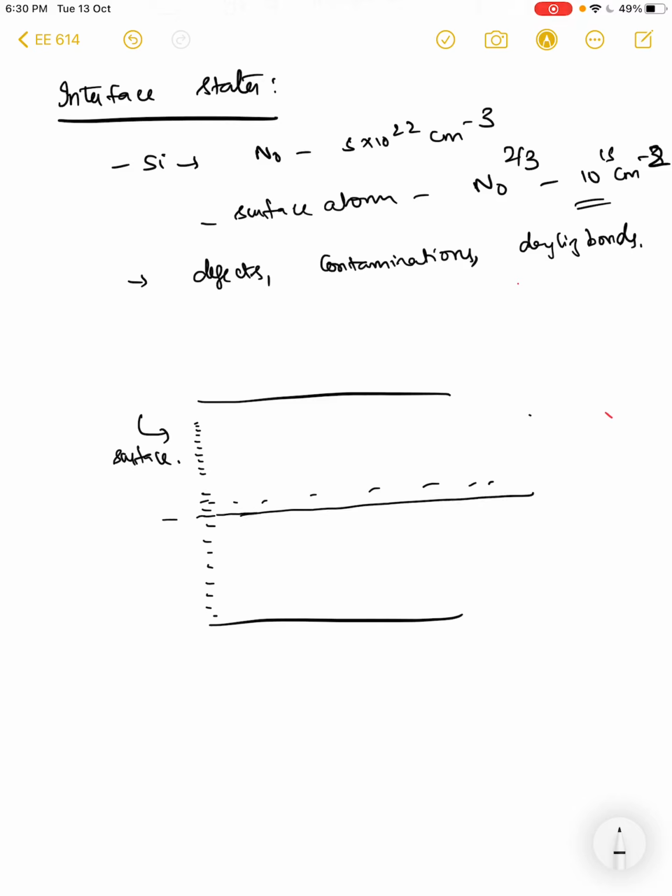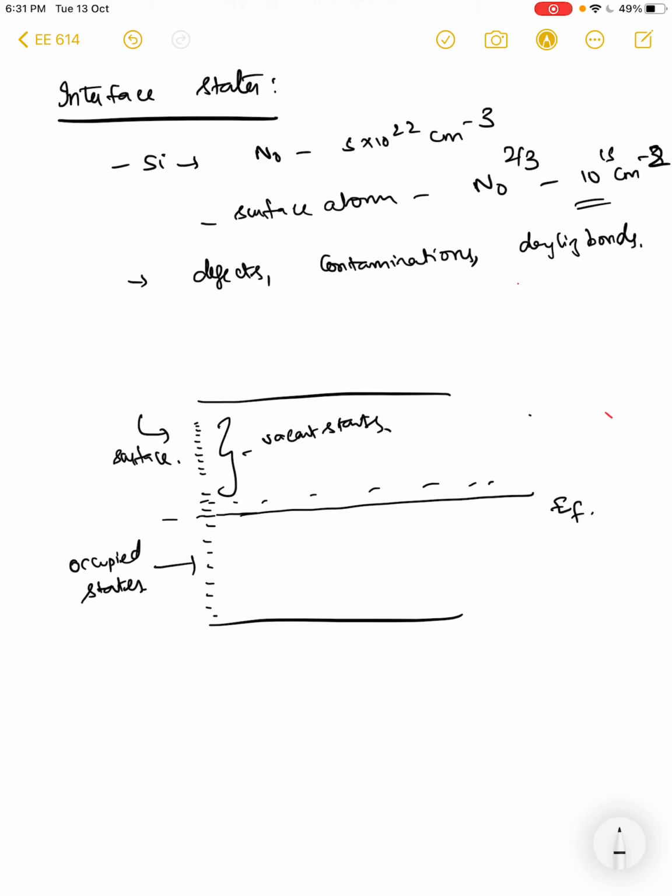This might be very different from the intrinsic Fermi level that we saw. So your interface states also change the intrinsic Fermi level, but we are not going there yet. All the states which lie below the Fermi level are neutral, and they have some charges, and all the states above them are vacant defect states, and these are occupied states. And we are talking about these things at 0 Kelvin.